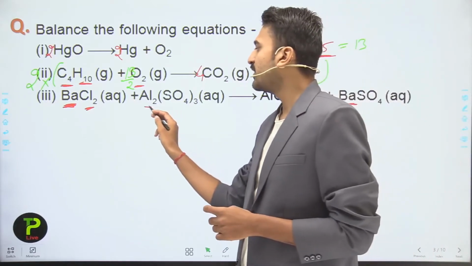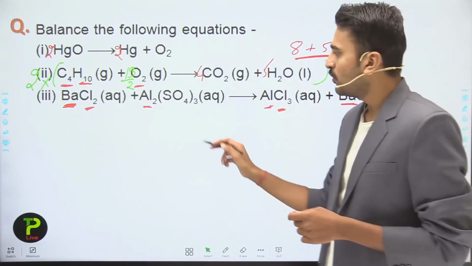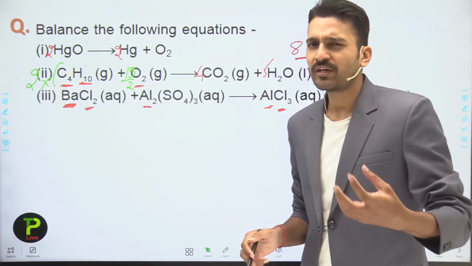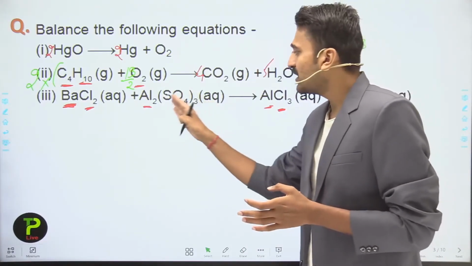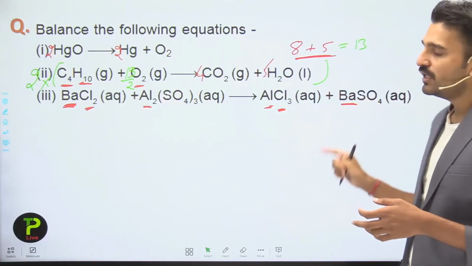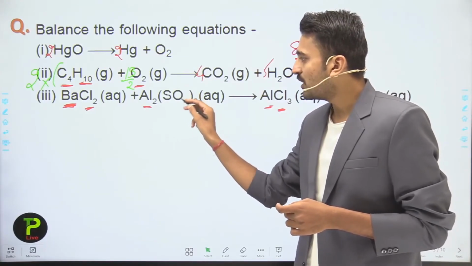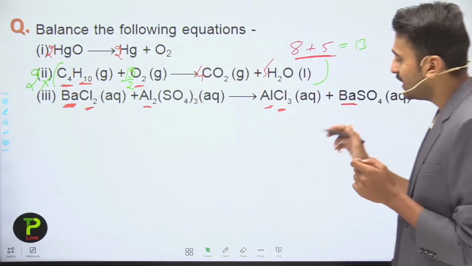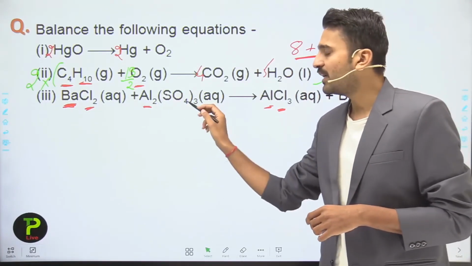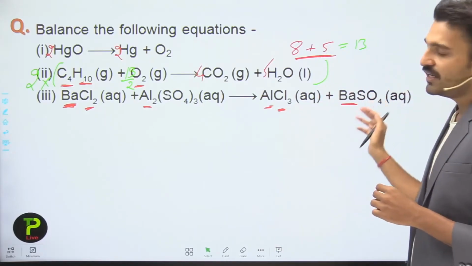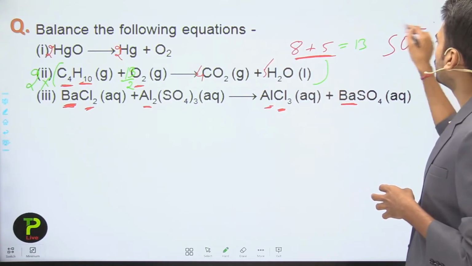Moving to the aluminium, here you see 2 aluminium atoms, while here you see only 1 aluminium atom. And also we will move to the sulfate radical. Also we can take the sulfur atoms. Counting the sulfur atoms, there are 3 sulfur atoms, and here there is only 1 sulfur atom, while the oxygen atoms are 4 threes are 12. So there are 12 oxygen atoms, while on the product side there are only 4 oxygen atoms. Or I can say here the sulfate radical is 3 while the sulfate radical is 1 on the product side. And what is the sulfate radical? The sulfate radical is SO4 2 minus.